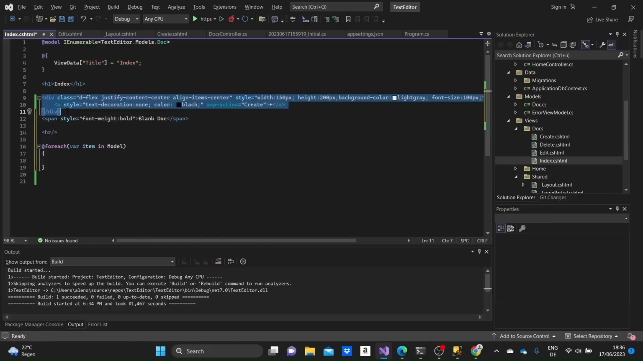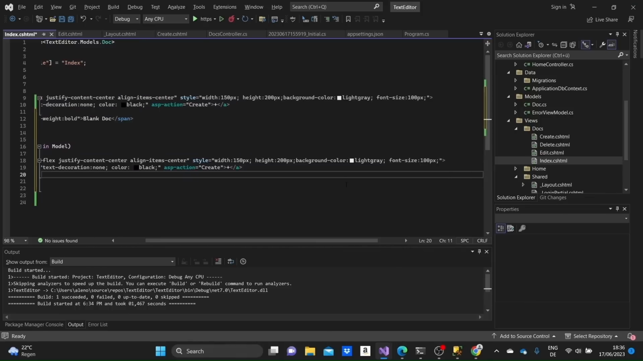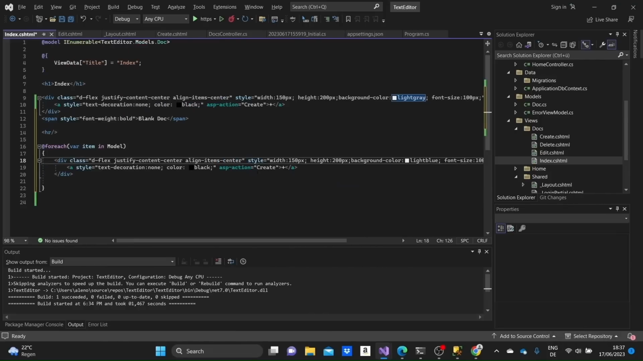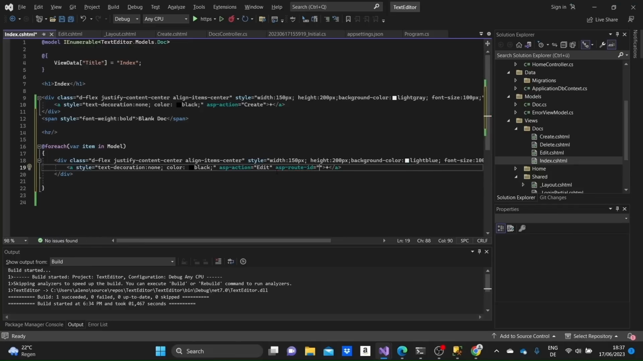I'm just copying what we did above for a bit of structure. And of course, I'm going to change a few things. So the color, I'm going to make it light blue. And the action is going to be edit, and the ASP route ID is going to be the ID of that model, of that document. So at item.id,